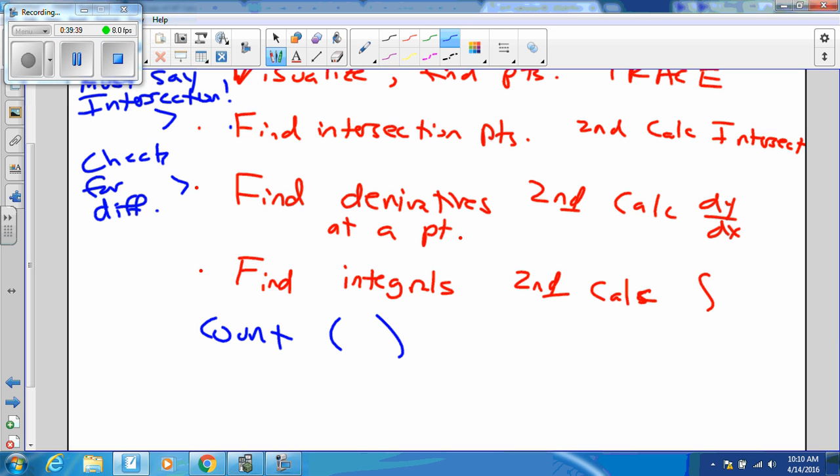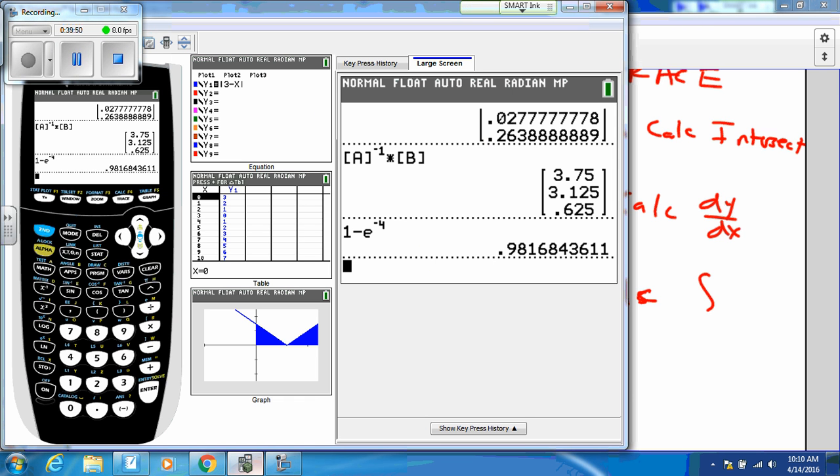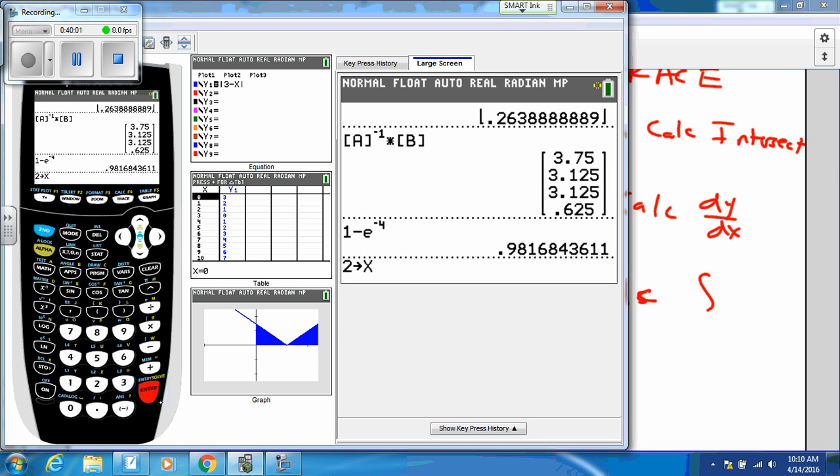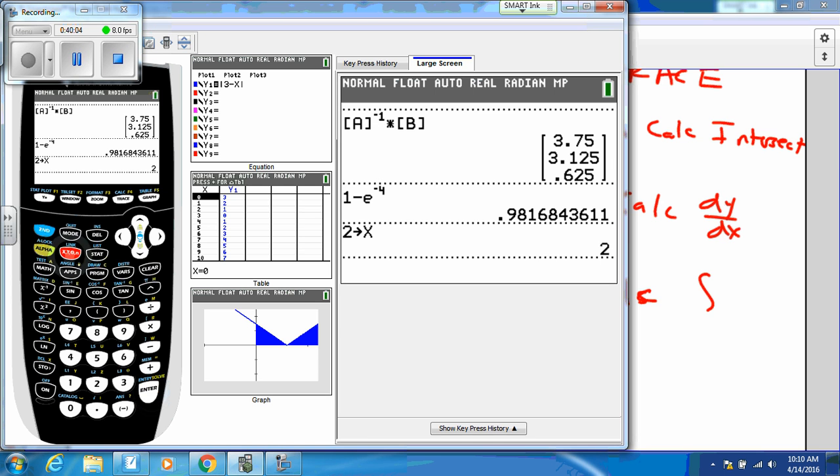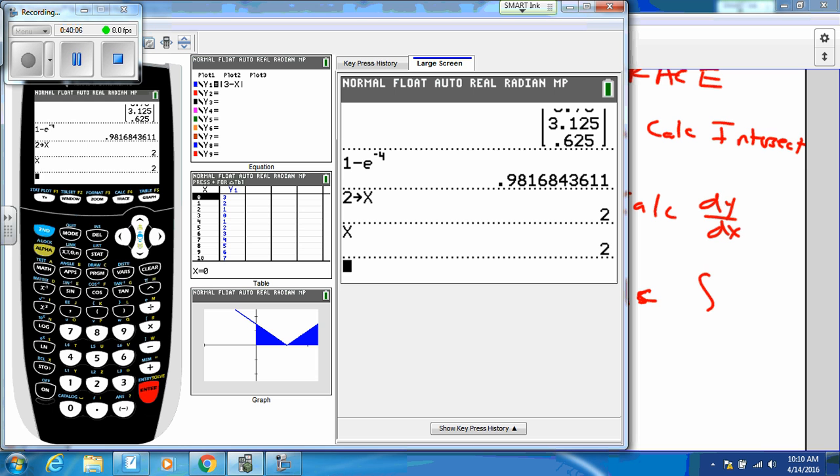Yes? I know you can put in x values, but how do you make x equal something? If you store a value into x, how do you do that? You hit the STO button, which is here. So if I say 2, store in x, now x is 2. If you want to evaluate something at a given value of x, like for a Newton's method kind of a thing,